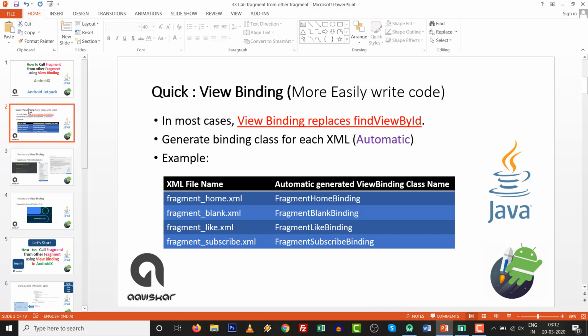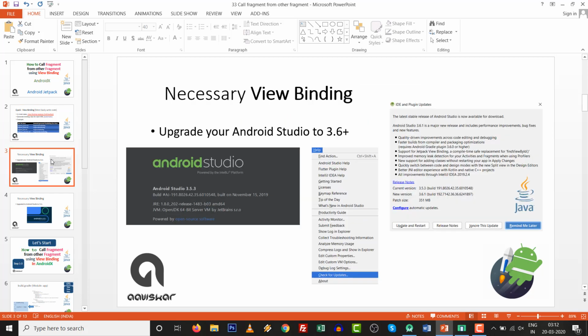And the last one is fragment_subscribe.xml. Then FragmentSubscribeBinding will be the automatically generated view binding class name. We do not need to get or create the class. It is automatic. For view binding, you need to upgrade your Android Studio to 3.6